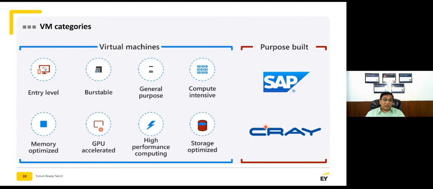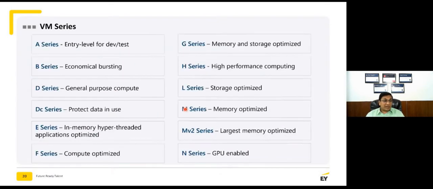These are some of the VM categories that are available to you. So you do not select vCPUs or memory or NIC cards independently. Instead, you will select one particular offer which is given to you, and it will be a combination of many different aspects. So there are entry level, burstable, general purpose, etc. There are many virtual machine categories which are available to you, and some of these categories are also identified with different series. So you have A series, B series, D series,